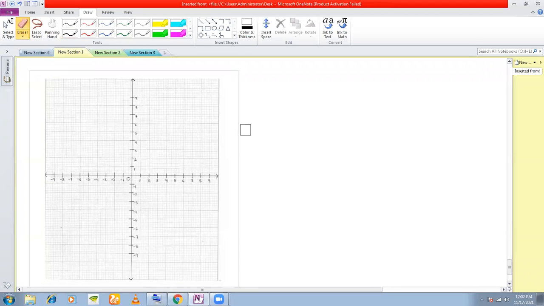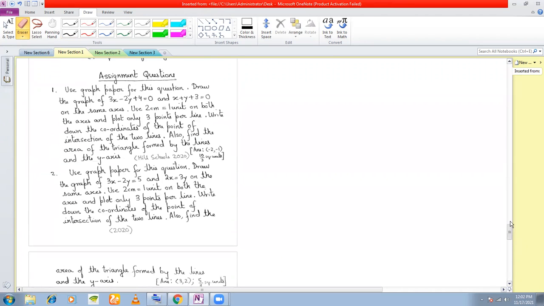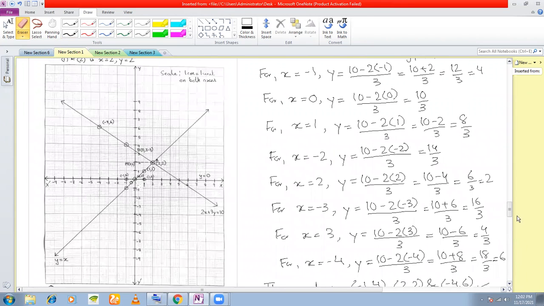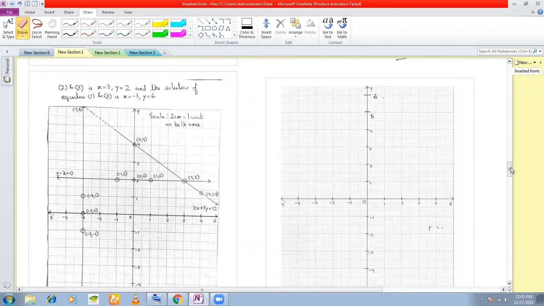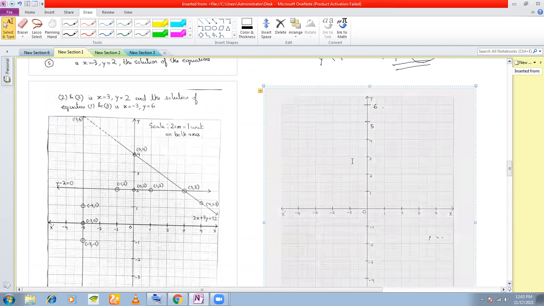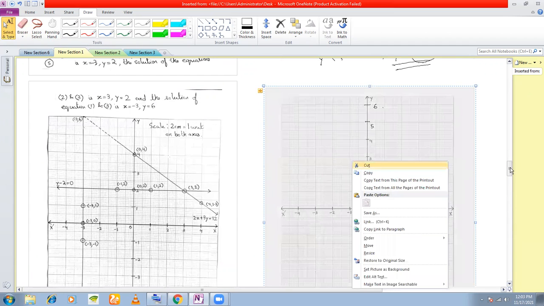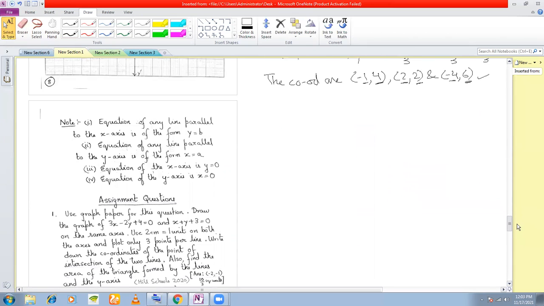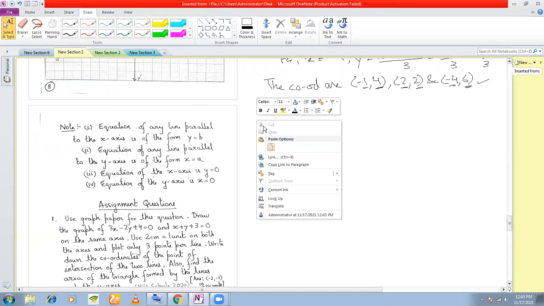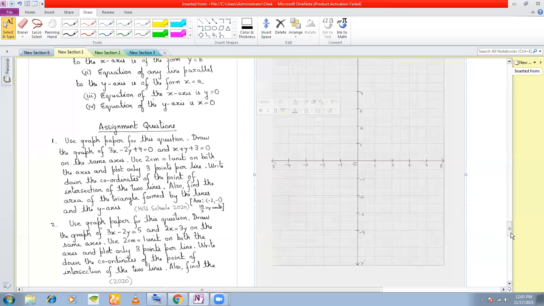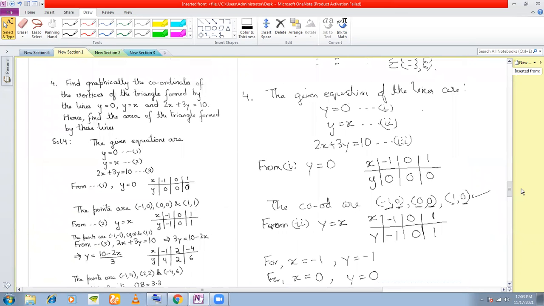Now I have solved this. If you see in the notes, I have solved this on this scale, on the smaller scale. This time let us do it on this scale, right? Let us do it on this scale now. Look at the first one. What are the points?